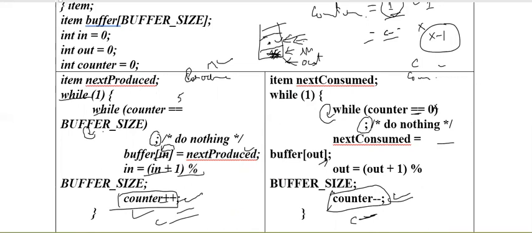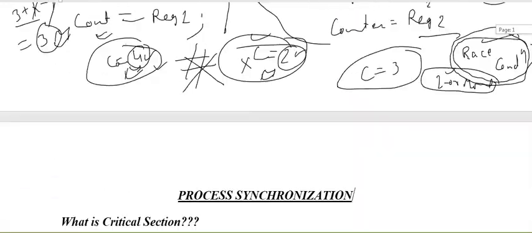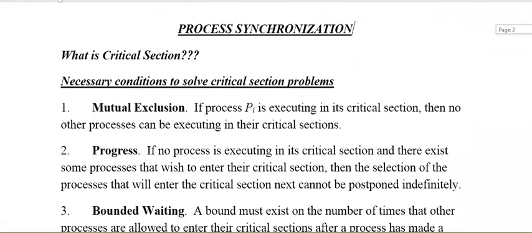Now what we are going to discuss today, we are going to move ahead. In the previous lecture, we had picked which kind of problem we are facing in process synchronization. So, in the same context, we are going to pick one most important thing that is known as critical section. Now, what is critical section?